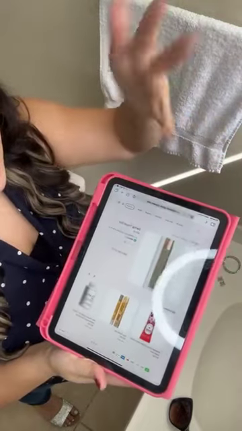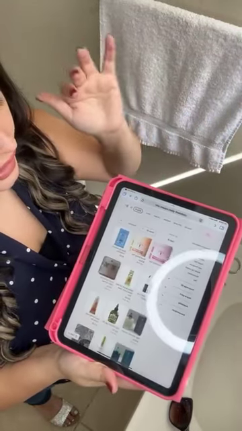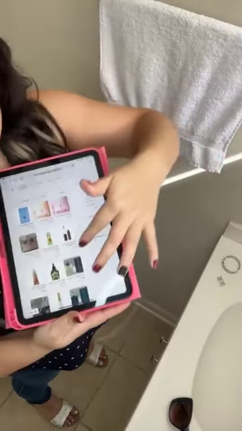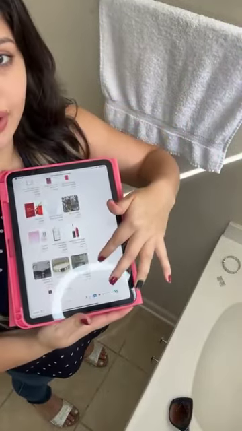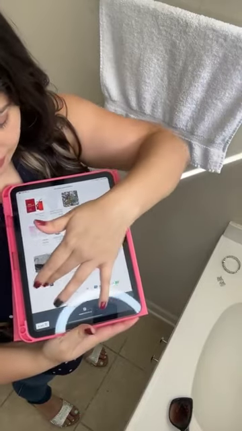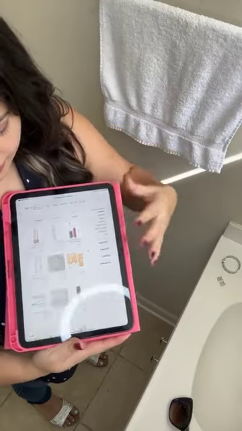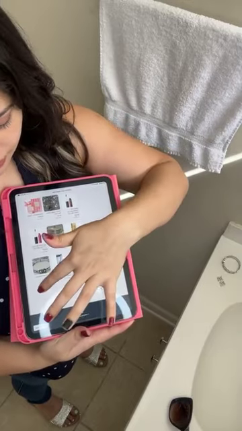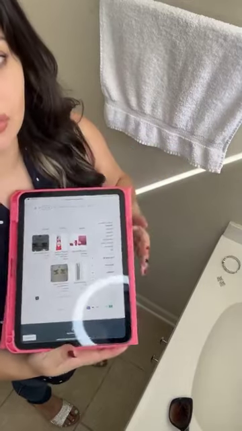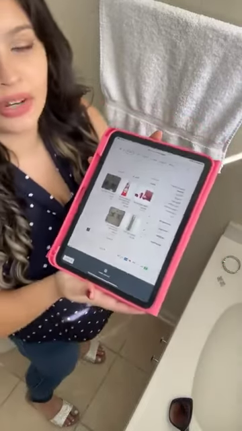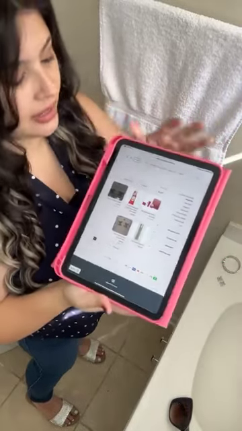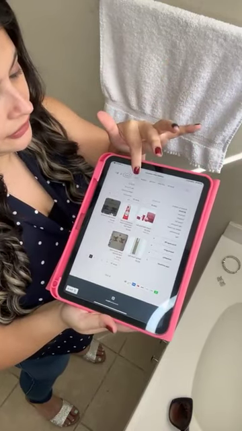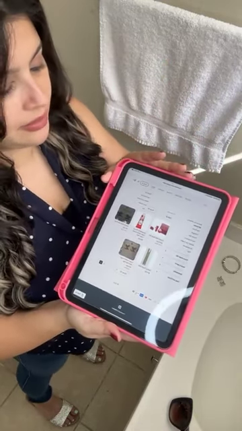So let's say I wanted to get a perfume. And these are all my products. If I were to select Shop All, it'll have a whole listing of all the items. Now, I have about 3 pages here of items. So this is randomly scattered. If you wanted to go by category, you can go by category, which I highly recommend. Like I said, it has the tabs here for your travel set, your hair products, your matte lip cream, accessories,